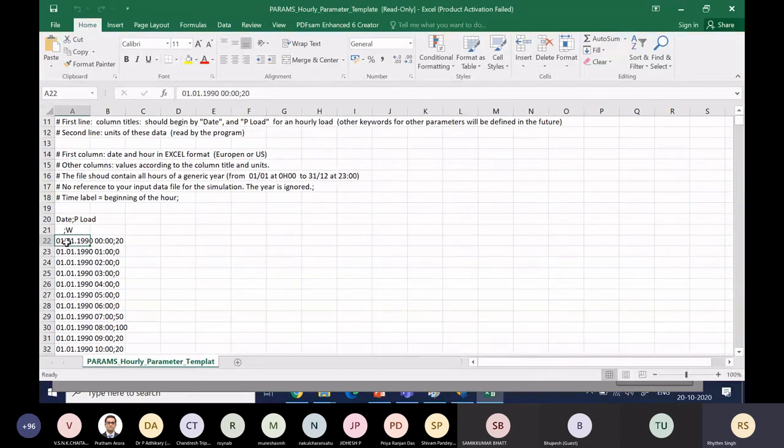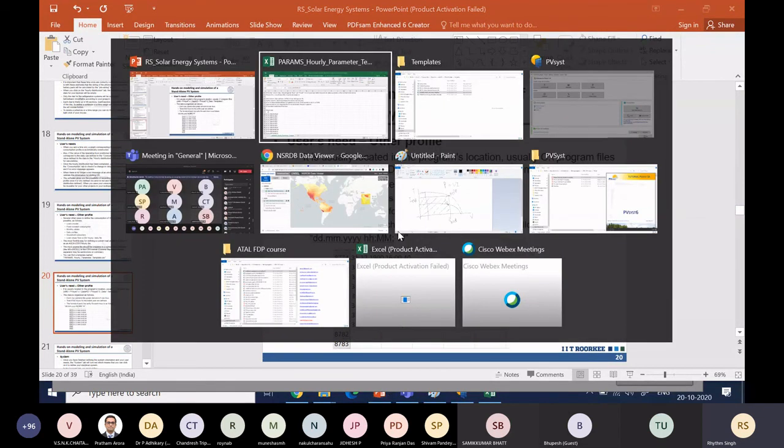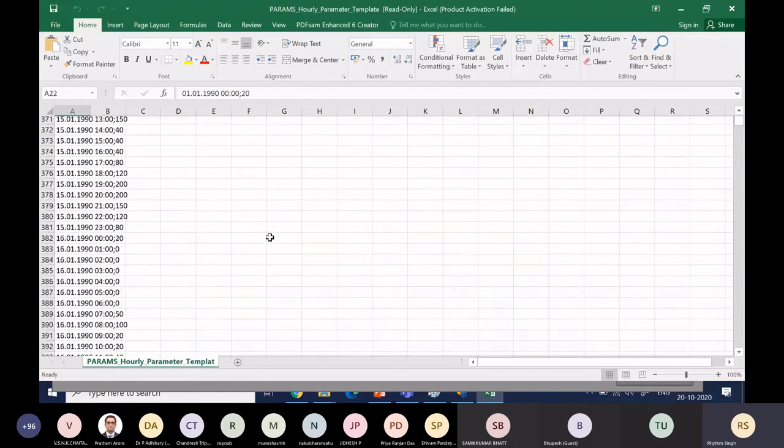As you see, this is the format for putting the data here. There is one row for the power demand of each hour, so there will be 365 times 24, that is 8760 hours for the entire year. The format for each row entry for each hour is as follows. You have DD, MM, YY, so date, month, and year in 4 digits, and then the hour and the minute, and then the semicolon and the power consumption in watts. This is the pattern here. So there are a total of 8760